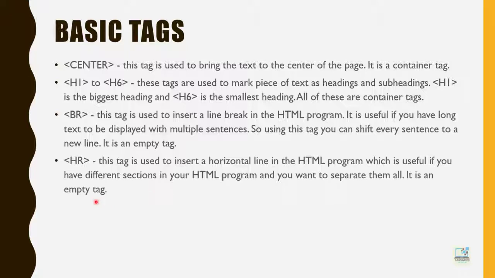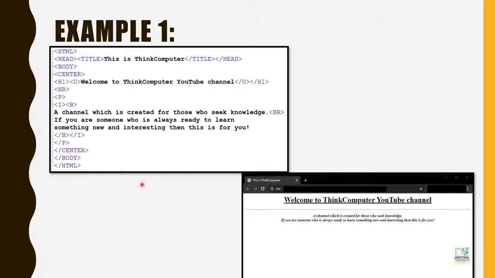Now let's see one example covering all these tags. So here I have one example. Example number 1. I have created an HTML document and I am using Notepad++ for writing the HTML document, and I have also attached the output screen. So at the same time you will get to know what output will come when you run this HTML program. So the steps are, first you need to type the HTML program in any editor.